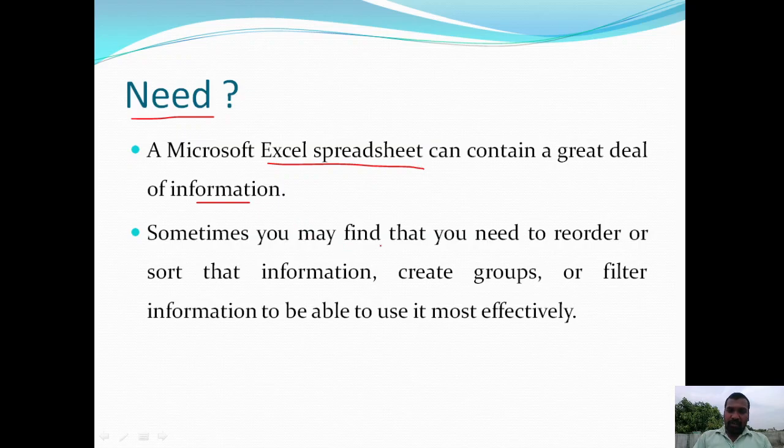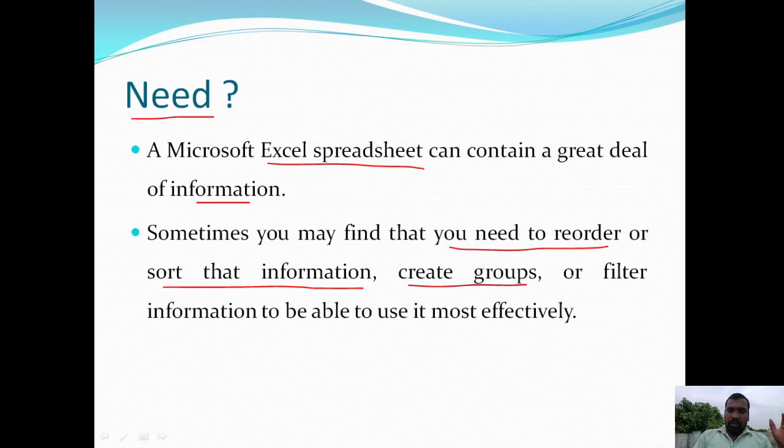Sometimes you may find that you need to reorder or sort that information stored in the worksheet, and sometimes we have a requirement to create several groups on that data.